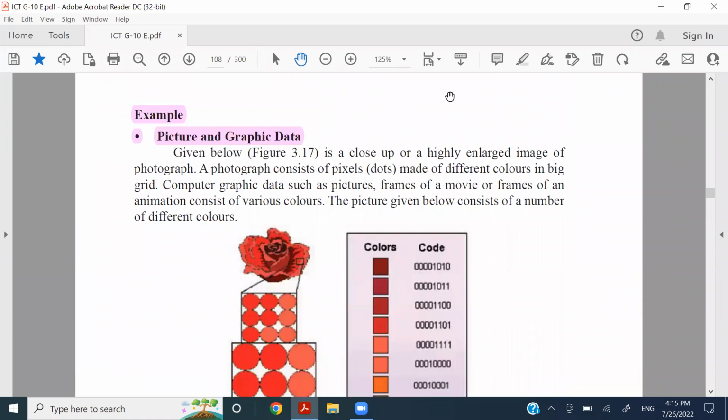I'll read it to you, right? So we can't sum this up over here. Pictures and graphic data. So under that,